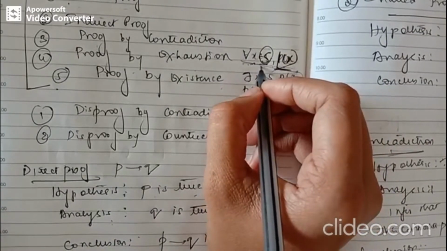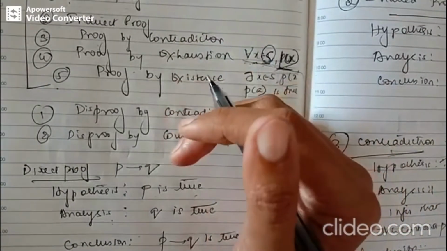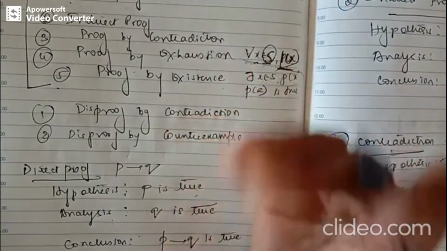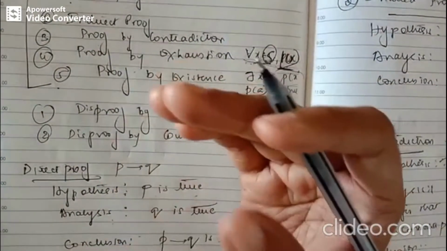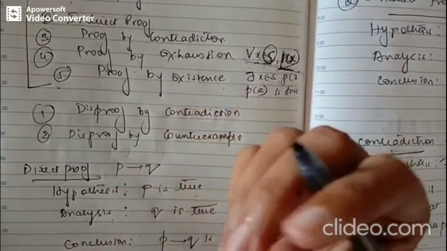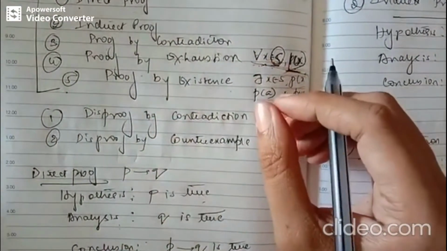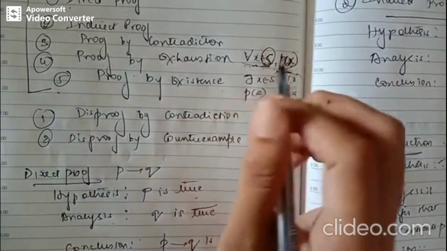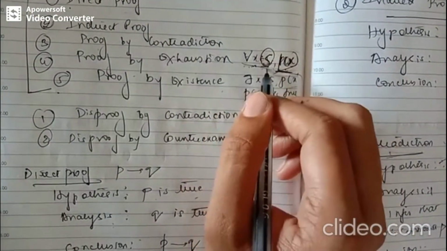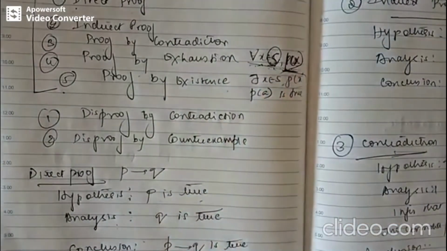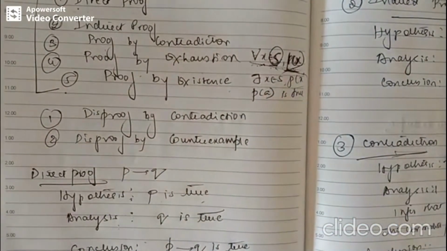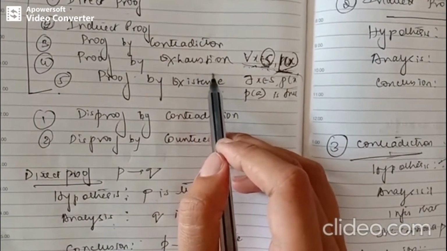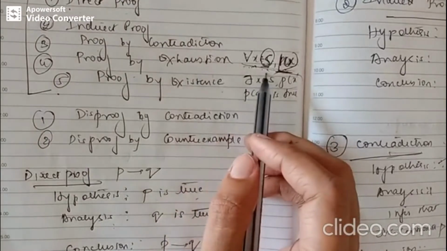But if S consists of limited number of elements, we can prove each one of them. But if it consists of very large number of elements, it's like proving by exhaustion. We need to prove each and every element, okay, whether P of A is true for each A in S, and thereby we can say P of A is true and so on. That is, we need to try out each and every element and check whether it is true. So that is nothing but your proof by exhaustion. So in this method you have to try each and every element that is there in the universe in order to justify the truth value.